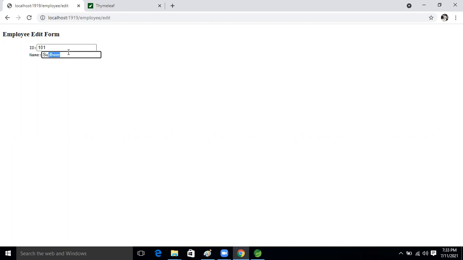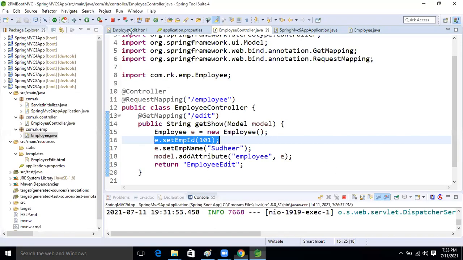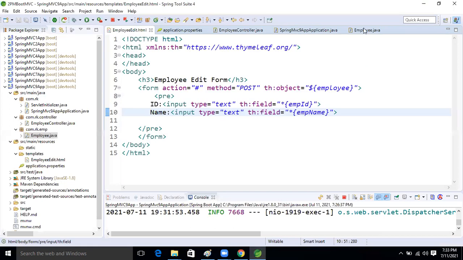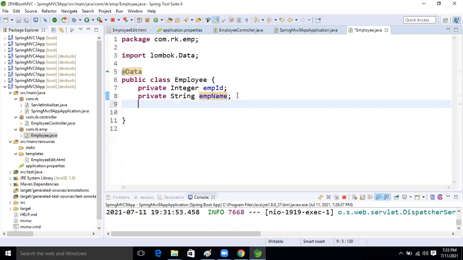So let's increase the inputs also. Come to our model class, the employee model. Here I'm going to take private String empGender, emp gen means gender.